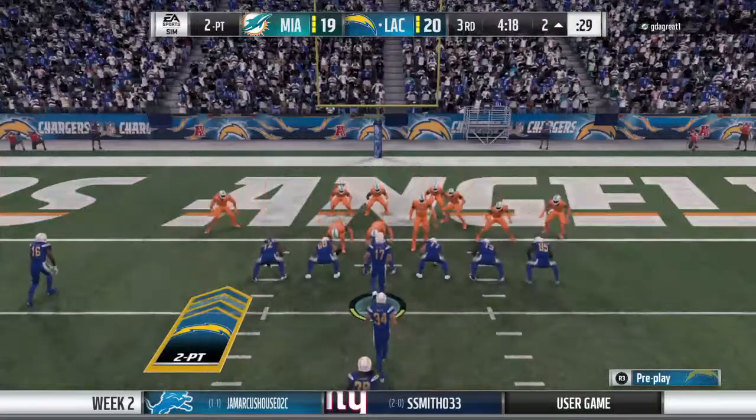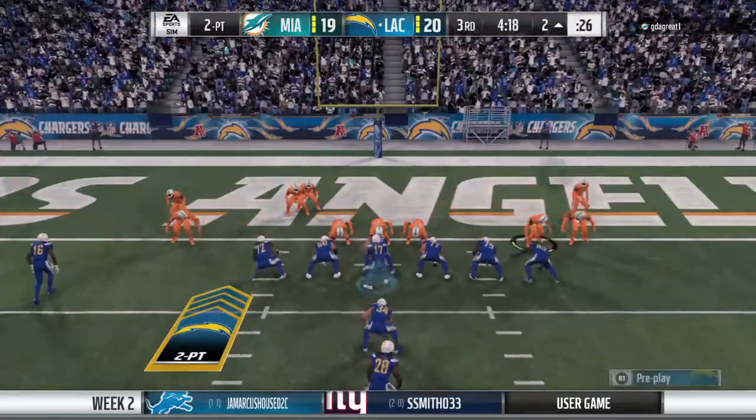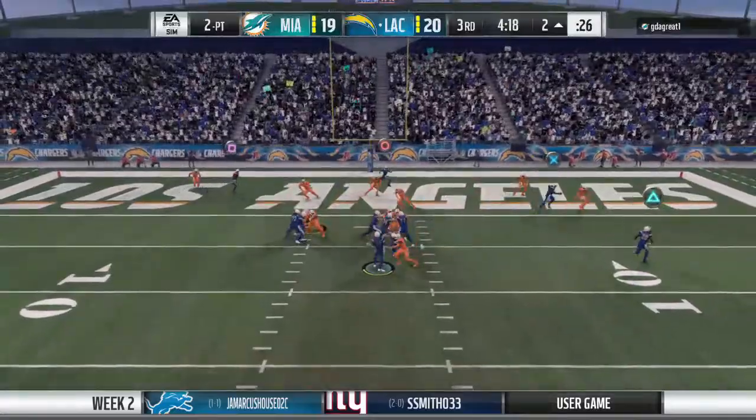And we always talk about kick returns being so exciting on kickoffs. Punt return almost equally exciting. And typically we talk about...